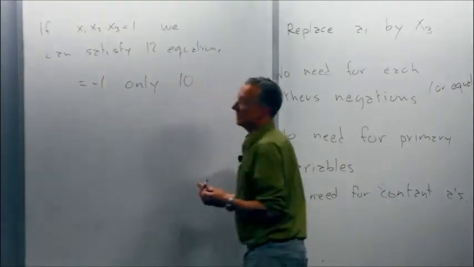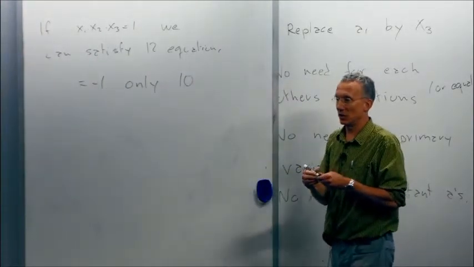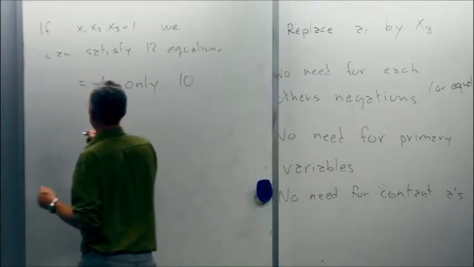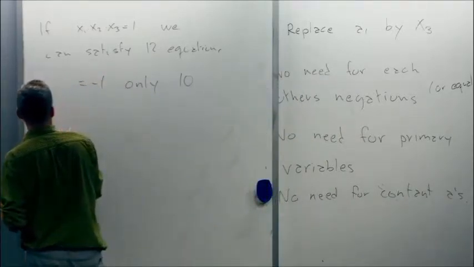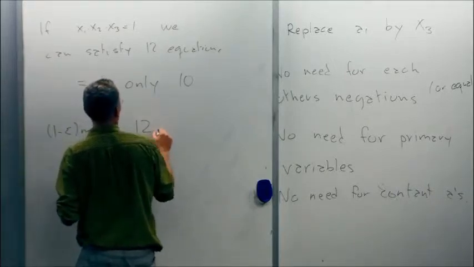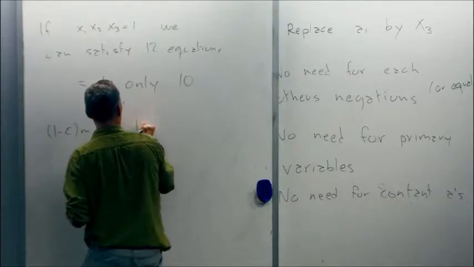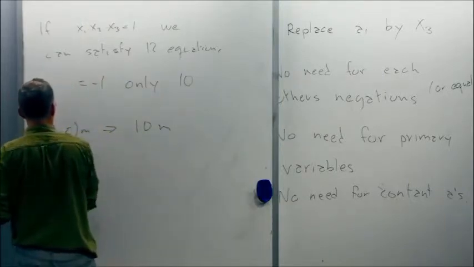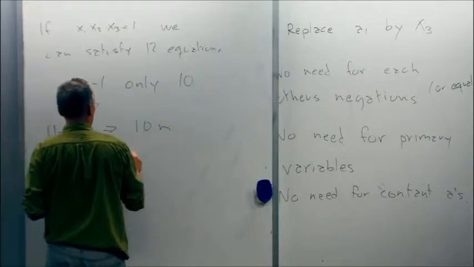Okay, so this is checking. So now you have to make sure. So this means if we can do 1 minus epsilon m in the beginning, we get 12m, 10m. And if we can just do half plus epsilon, we get